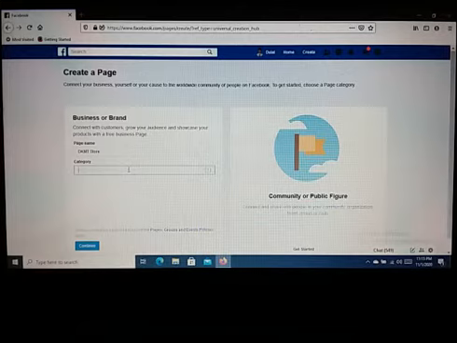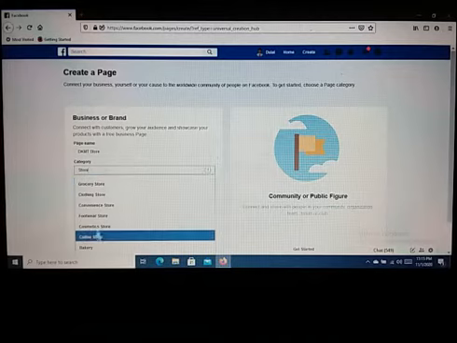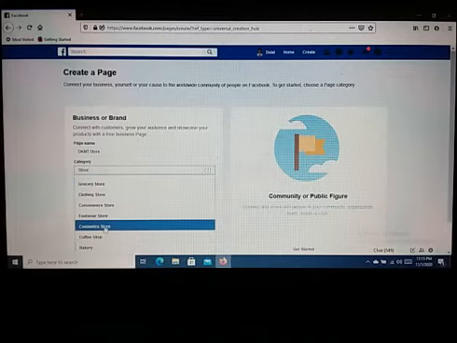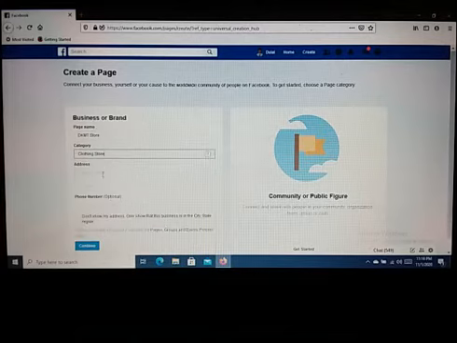Now in the category box write the name of your page, store, and see under it more options. From here select anyone that is related with your business. Now I have clicked on clothing store.